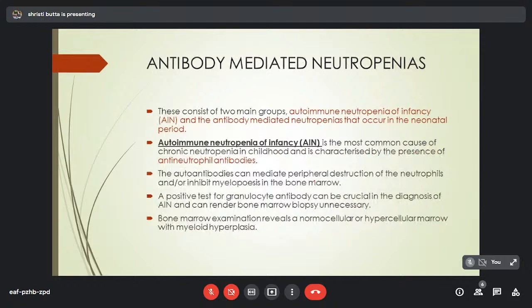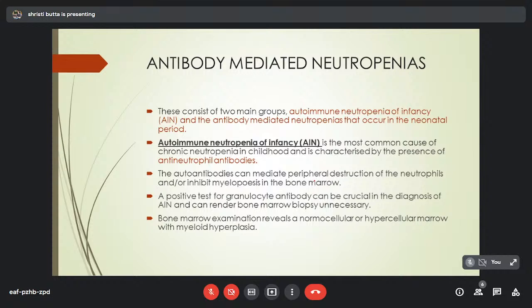Now there are two types, one of which is autoimmune neutropenia of infancy, and the other one is the antibody-mediated neutropenia that occurs in the neonatal period. Autoimmune neutropenia of infancy is the most common cause of chronic neutropenia in childhood and is characterized by the presence of anti-neutrophil antibodies. So the autoantibodies can mediate a peripheral destruction of neutrophils and or inhibit its myelopoiesis in